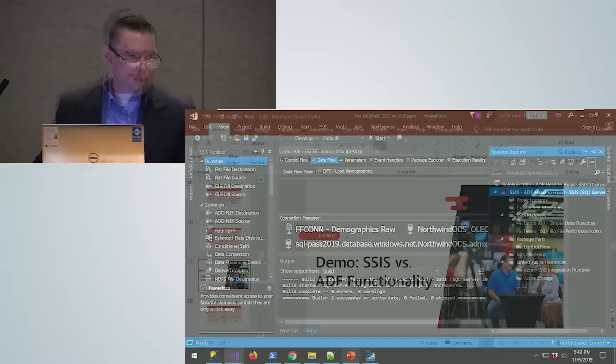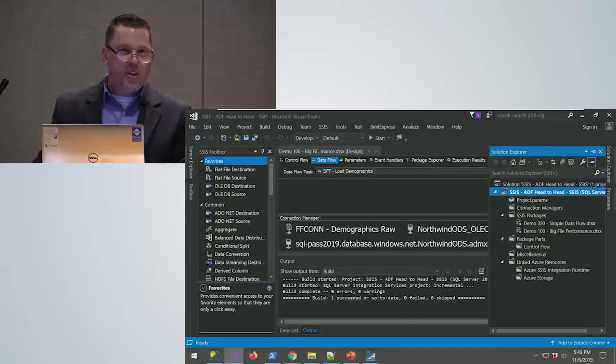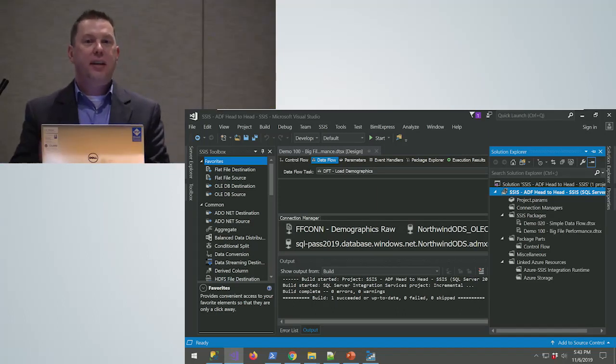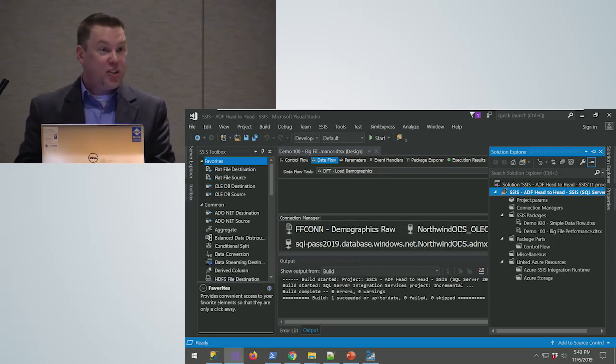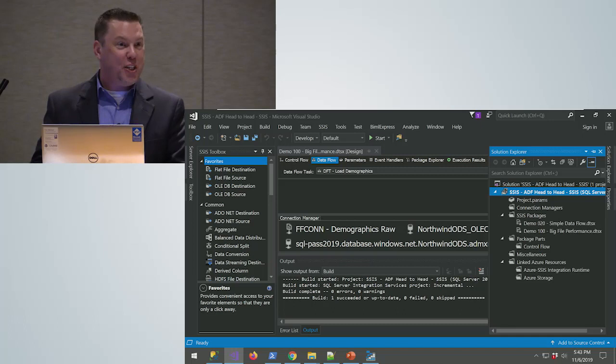Yes, sir. Great question. The question was, if you're dealing with on-prem to on-prem data, you're migrating a package up to the Integration Services runtime, and it's reaching back into on-prem, what does that look like? Is it a gateway, is it a VPN, or some other vehicle? The answer is yes, yes, and yes. If you're already using the enterprise gateway, that's absolutely an option. I think in a scenario like that, the VPN makes a lot of sense because you're creating an entity that's not on your physical network, but it's on your virtual network. So that's an option as well.